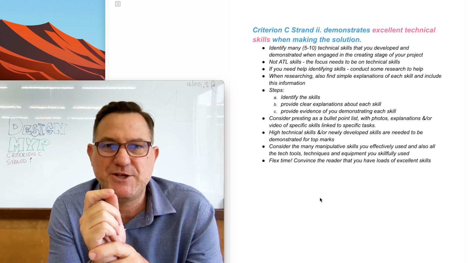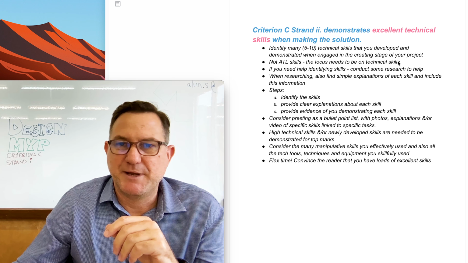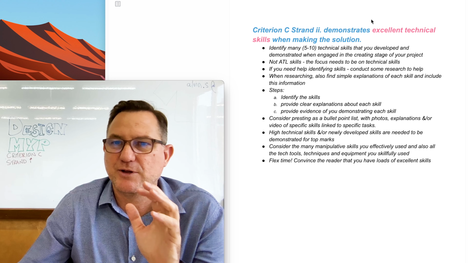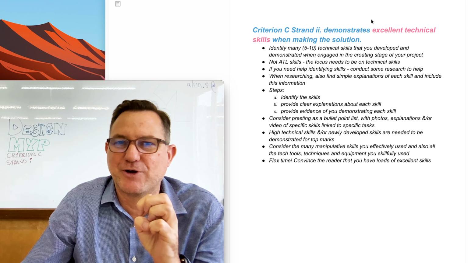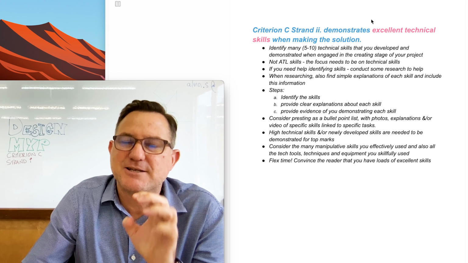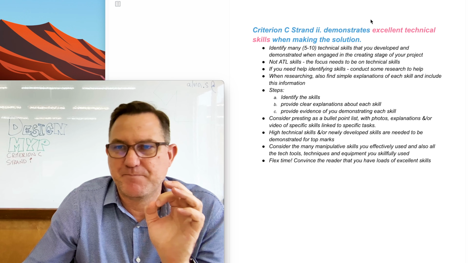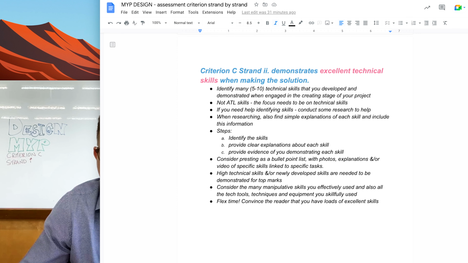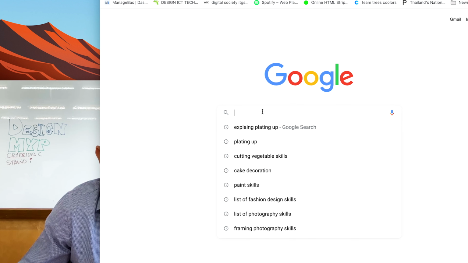So how to be specific? I would recommend going to a search engine and typing in whatever skill or whatever area it is, and try and find a list of certain skills in that area. I'll demonstrate that now. Let me just get a Google page open. So just imagine